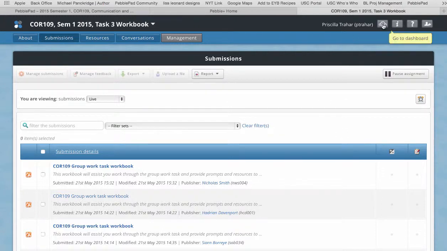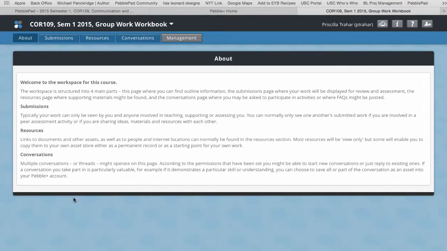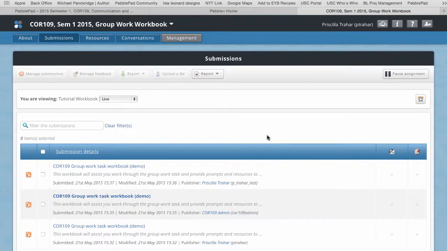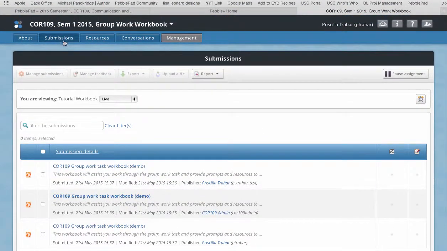So I've set up a kind of sandpit area to show you how they would look. While I flick over to this, there we go. So there's some in here. This is an exact replica of the workbook in another workspace, so I can just show you how you'd find it. Again, as you saw, come to Submissions, you'd choose your tutorial group, which would be just here,